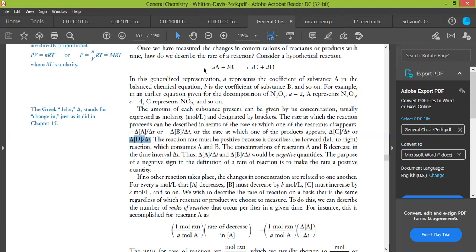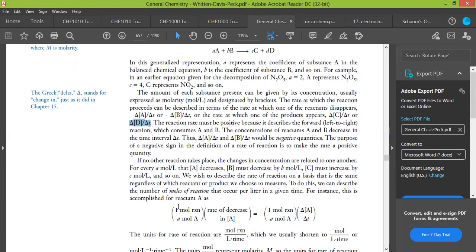So for the rate to be the same throughout, this is what we're going to say here. 1 over a, so 1 mole of reaction over a moles of A, times the rate of decrease of A. So the reaction is going to become a fraction. So this becomes 1 over a, and so this equation you are writing here. Now, if you are writing the relationship that is there, it is going to be rate is equal to 1 over a, and then